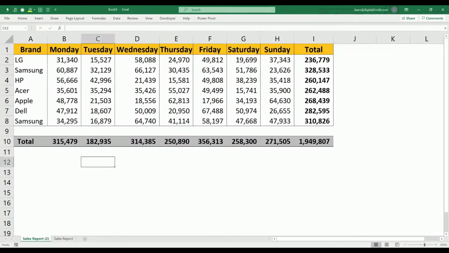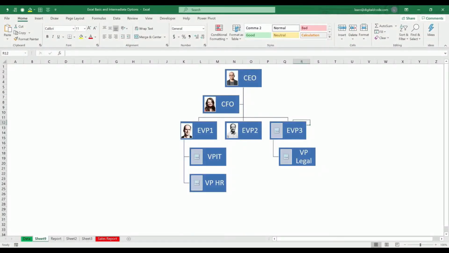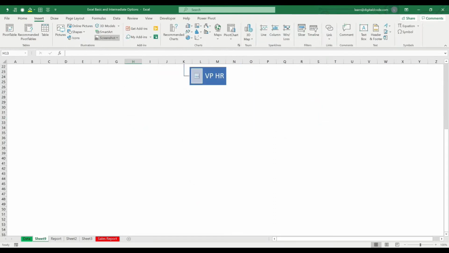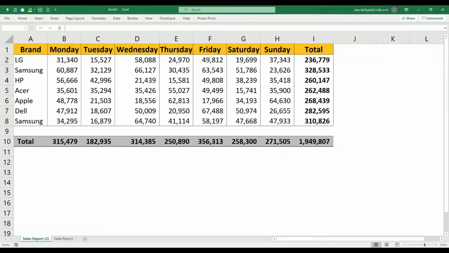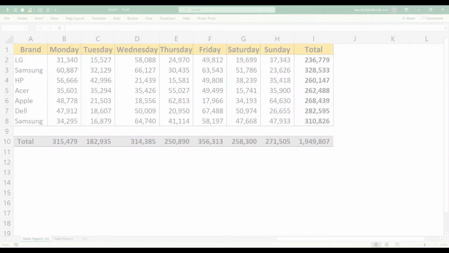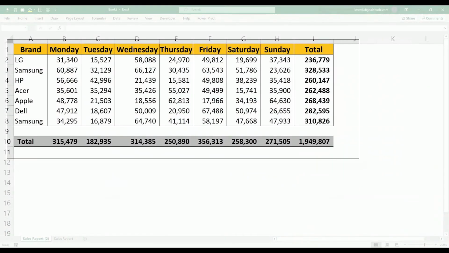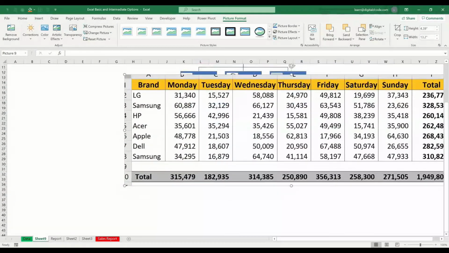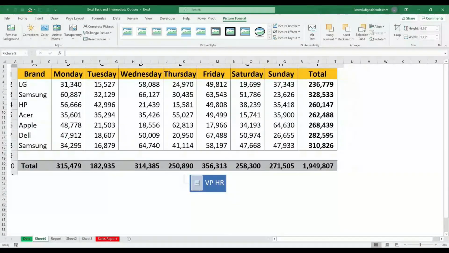So now I want to take only this table to be updated here as a screenshot. So now what I'll do, insert screenshot. So you can choose screen clipping. Then you can drag whatever you want. I want only till this. So now you can see here only the portion updated here.